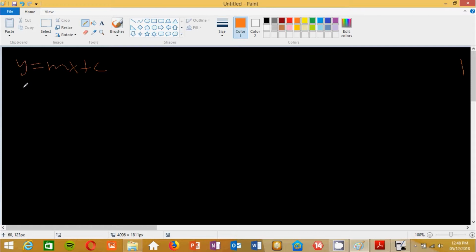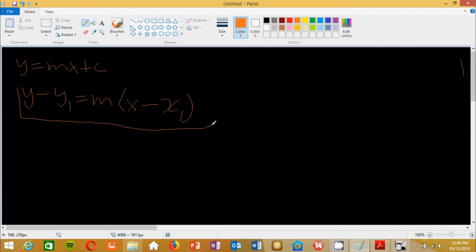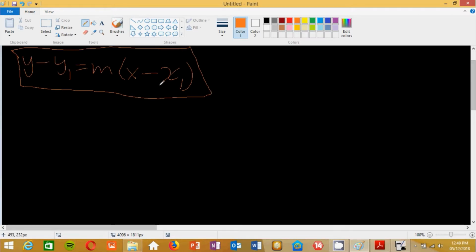And in order for you to know how to do this, you must understand that a straight line can also be expressed in the form of y minus y1 is equal to m multiplied by x minus x1. First and foremost, you have to remember this form. Just like how you remember the form y is equal to mx plus c, you have to remember this form,